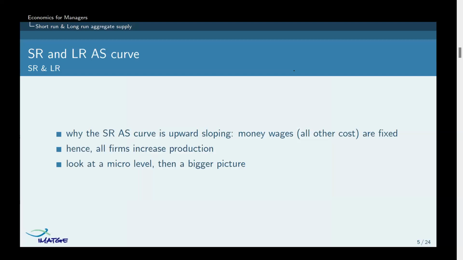So why is the short run aggregate supply curve upward sloping? Why is it upward sloping? The reason for that is because when the price level changes in the economy,